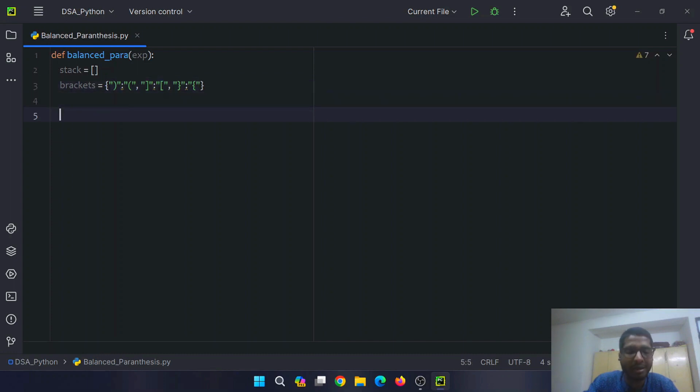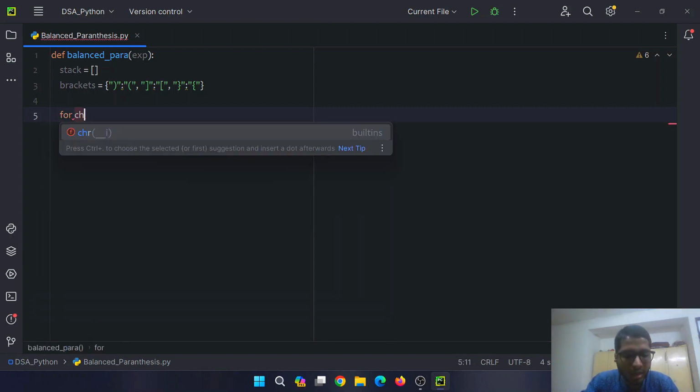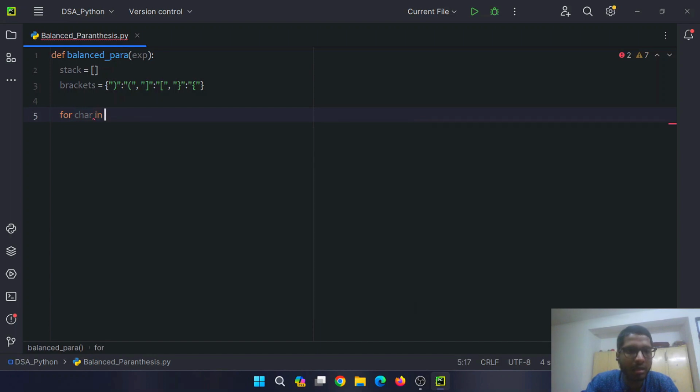Now after making a dictionary, for character in the expression parameter, so if character in